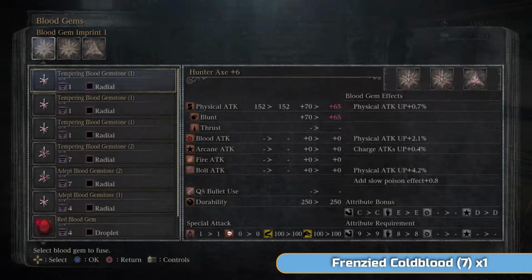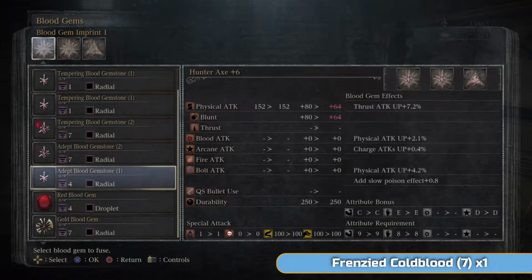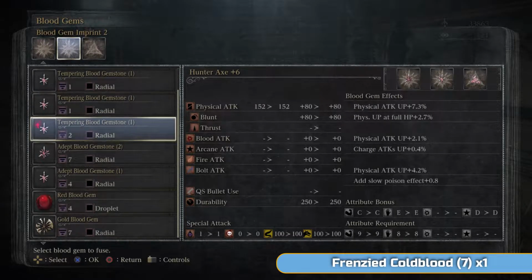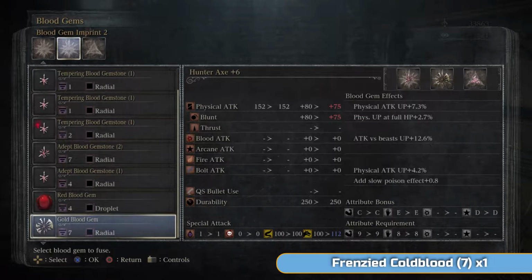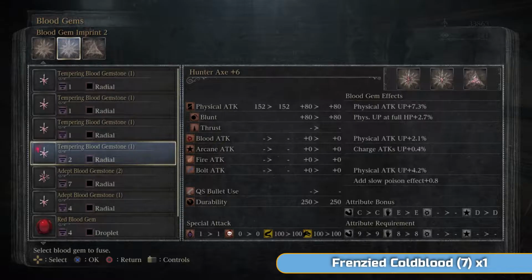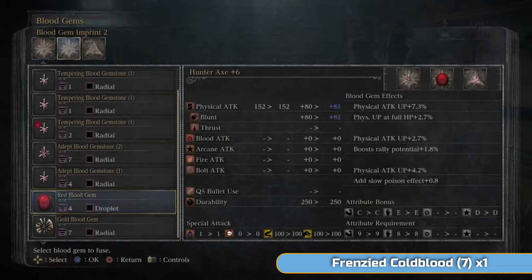Like I said before, the easiest way just to kind of go through is look for blue, and then look on the right hand side for what it's actually doing. So that's going to be physical attack up 7.3, and then I'll shift across to the next gem, look for blue on this one and see if it's actually better than what I've just done. So yeah, you can spend a lot of time messing around with different combinations, but I'll just switch this one